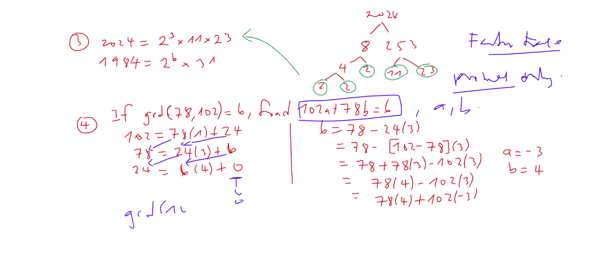Okay, and now what we want to do is write this GCD, which is 6, as a linear combination of this 102 and 78 times some scalars. So we start with 6, and we usually start with the last but one line here. Then we say that you can write 6, the GCD, as 78 minus 24 times